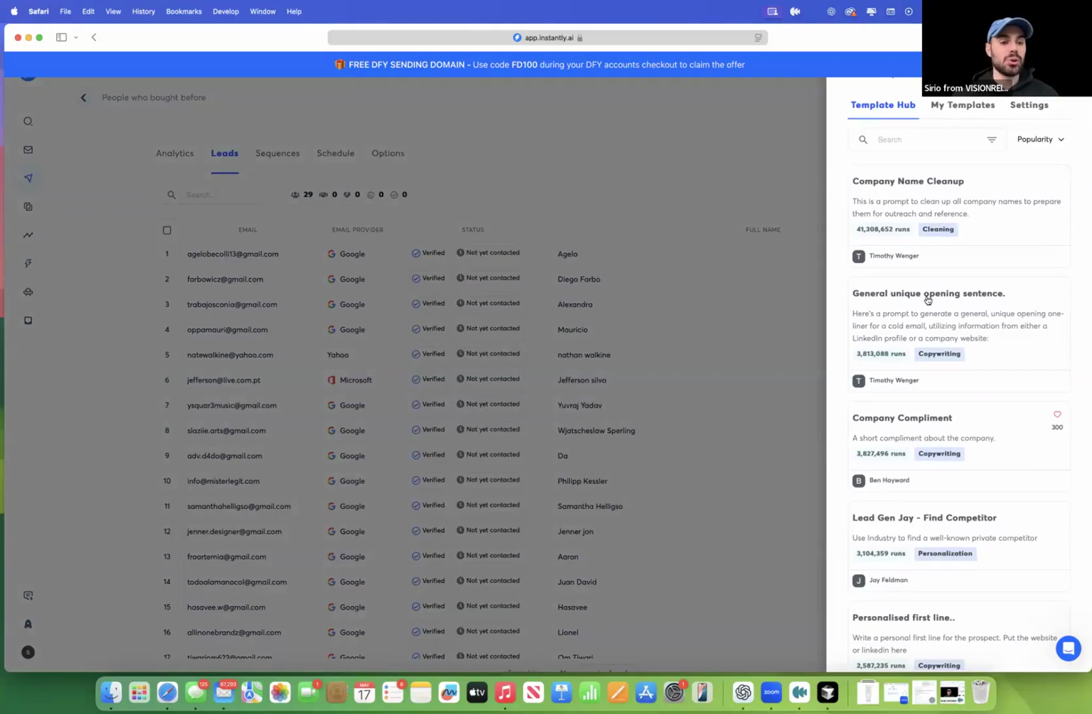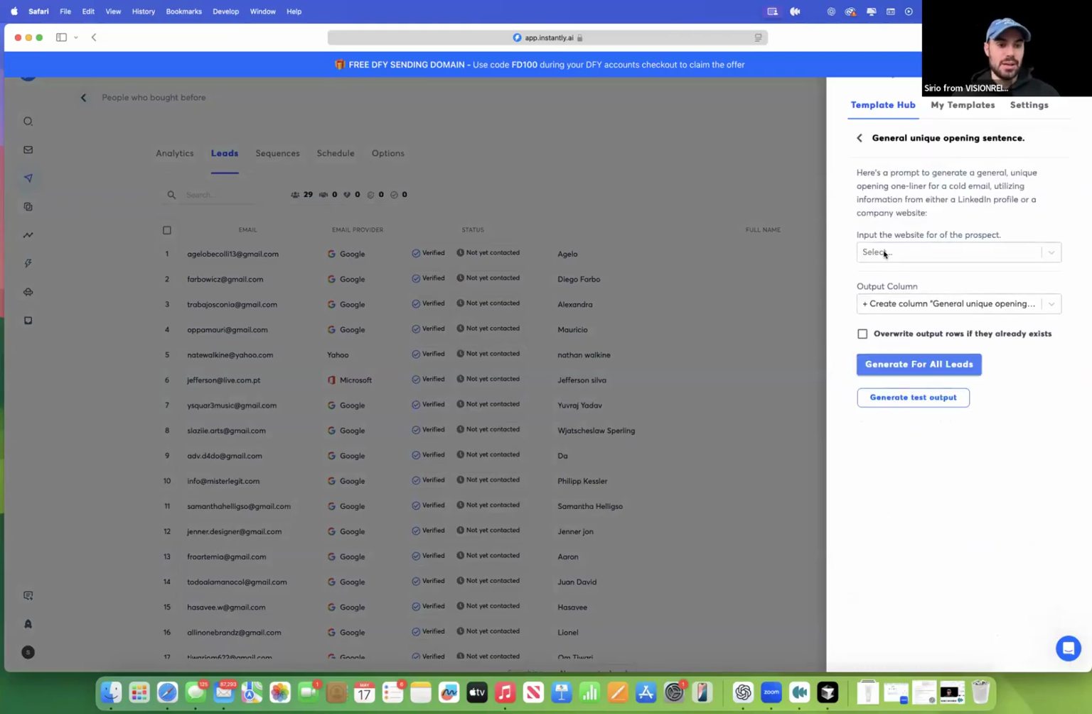So let's say that you have a general unique opening sentence. In here, in the input field, you have to select either their website or LinkedIn. So you need to scrape this data. And then you create a column with whatever general opening statement, and what this is going to do for you is start scraping the information of each lead,